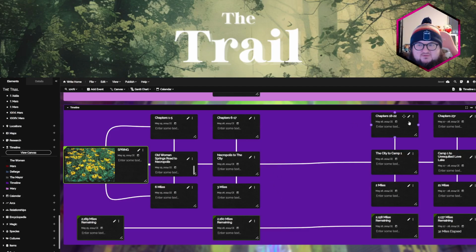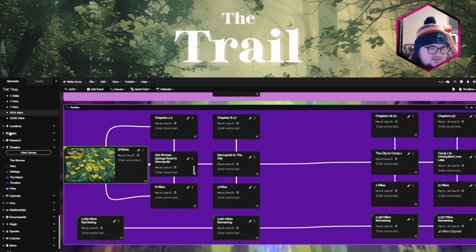This shows the chapters, so throughout these chapters they're at this location or heading to the next location during these dates, and you can see the gaps between them. See, this is the same day. The amount of miles that they take, so 3 and 2, and then there's 21. So you can see that there's a bigger date range as they go more miles. Yeah, I don't want to show too much of that, like I said, because spoilers.